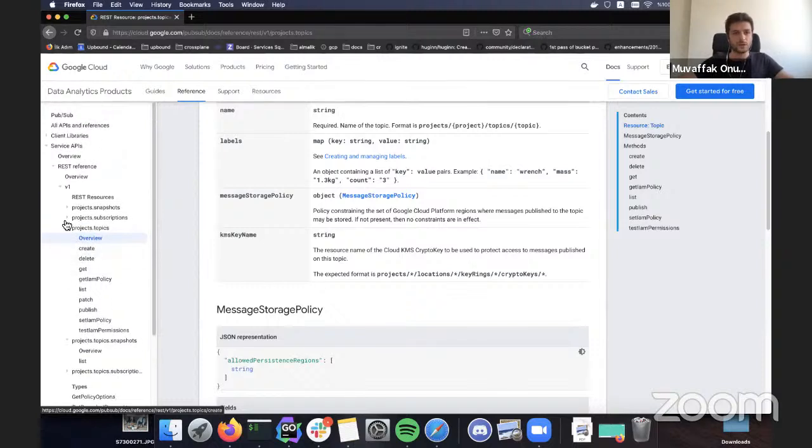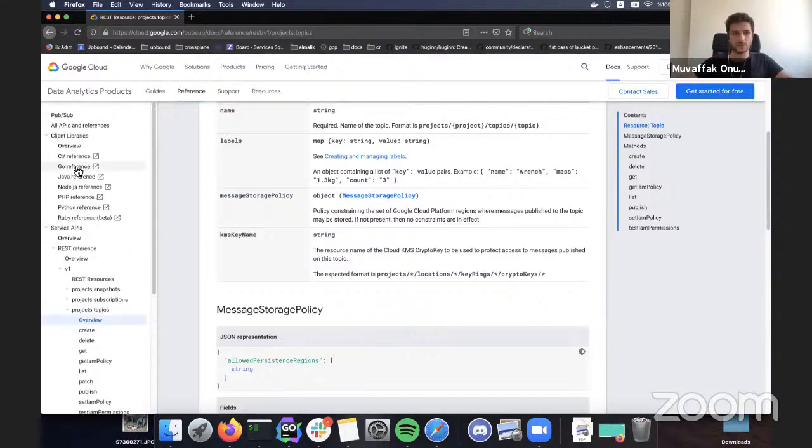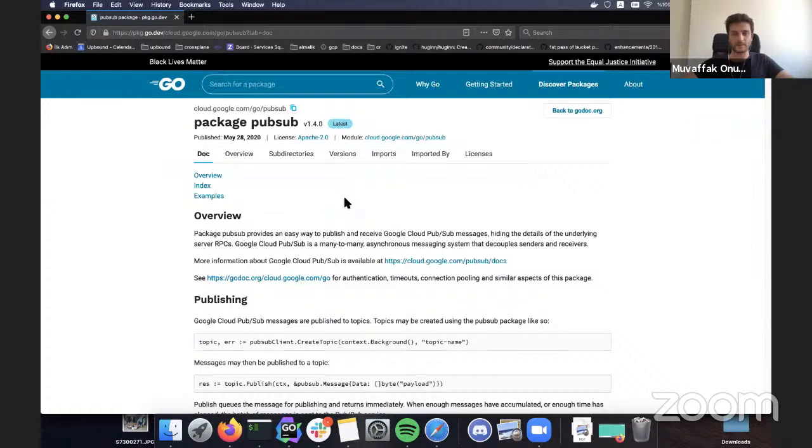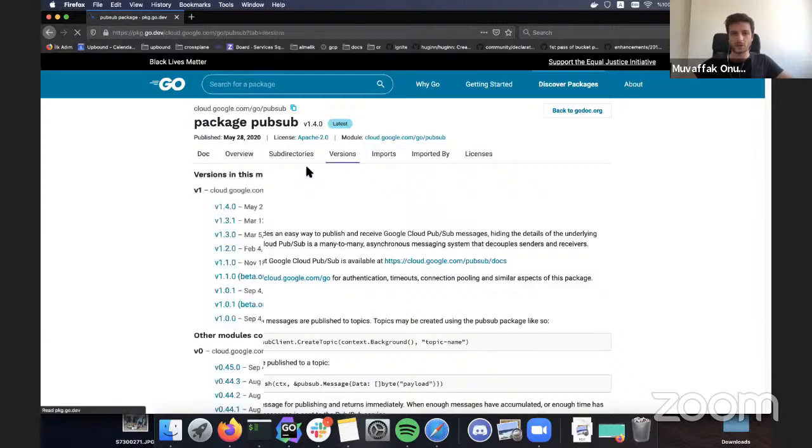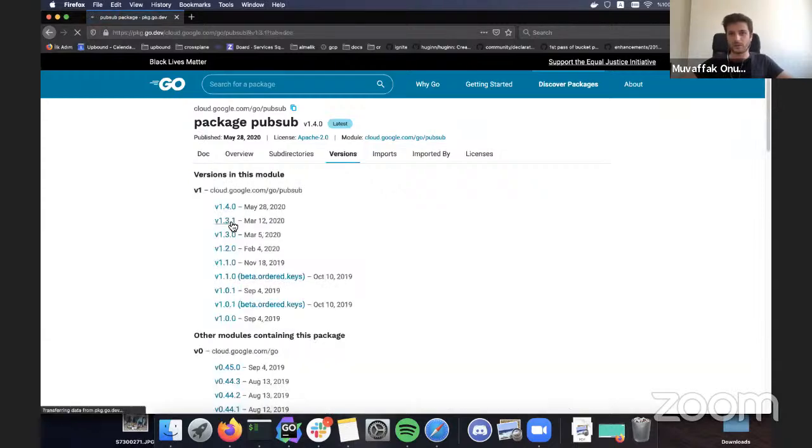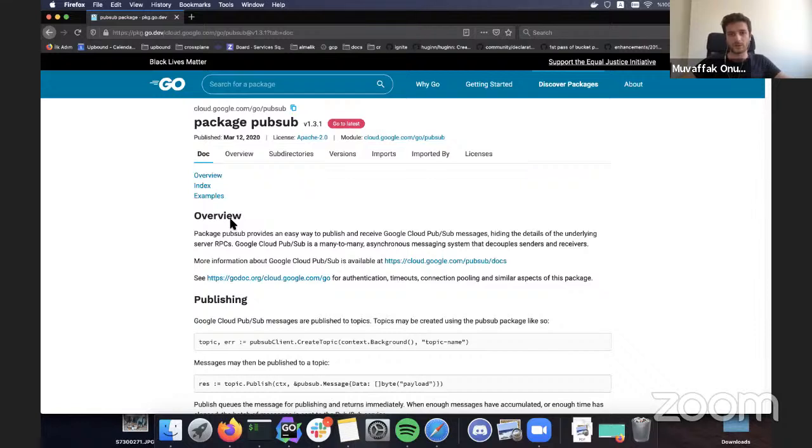So okay, as you know, Crossplane is written in Go, so we will take a look at its Go reference, and this is its package. There's one caveat here: before the live stream, when I checked, if we use the latest, it updates a bunch of other libraries and breaks some things. So we will use the earlier version, which is compatible with all other modules.